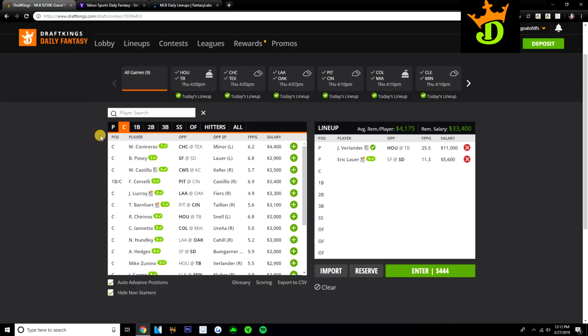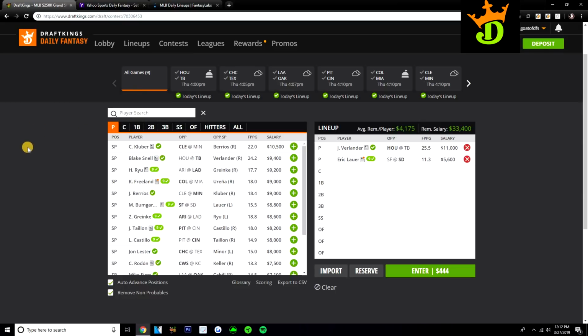Although there aren't a ton of strikeouts in this Giants lineup, like I said, just not a lot of good hitters. They did lose Andrew McCutchen, who was a pretty good bat for them last year. So I like Lauer a lot here. He's pitching at home in San Diego, a pretty good pitcher's park as well. And he's dirt cheap. He pairs very well with a stud pitcher you want to pay up for, whether it's Verlander, Kluber, or Blake Snell.